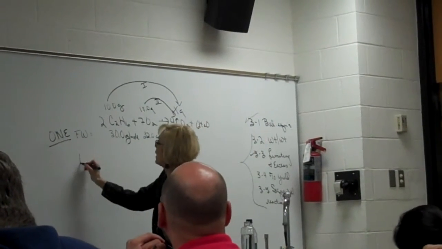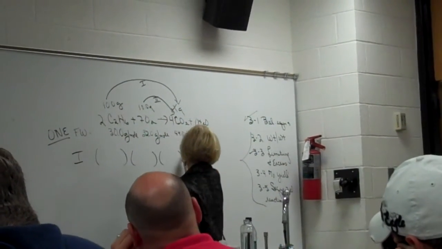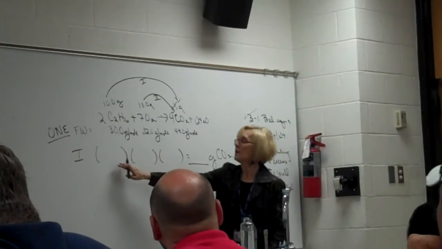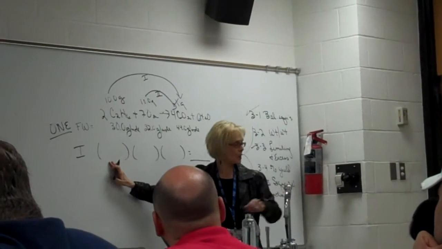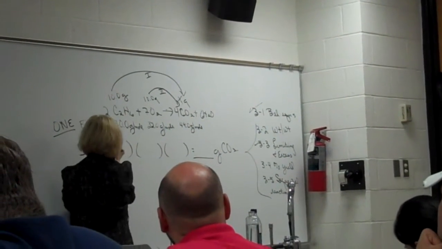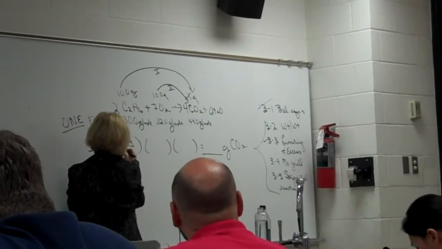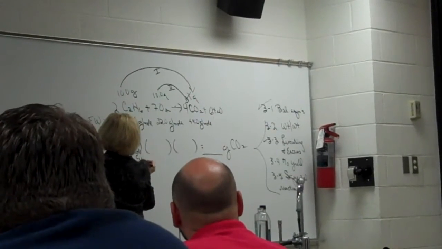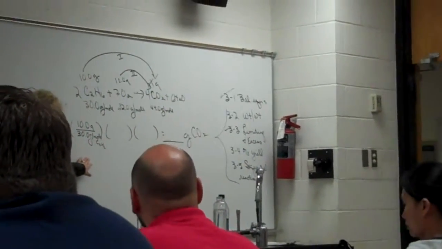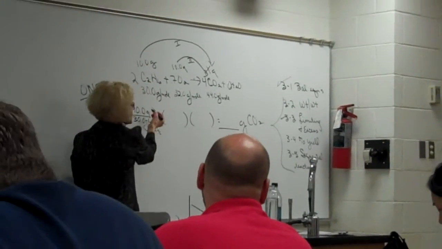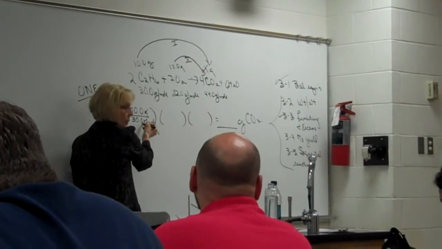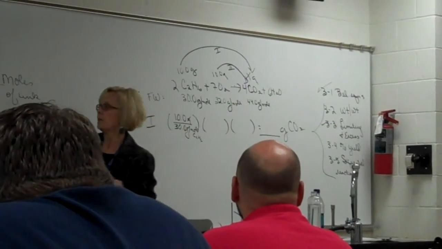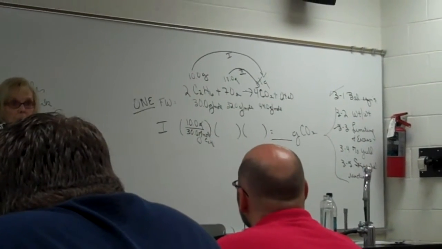Let's go with 1. And this is going to be grams of CO2. Okay, in my first set of parentheses here, Nicole, tell me what to write. 10.0 grams over 30.0 grams per mole. Good. And this is C2H6, which is ethane. Okay, now, you looked at the units, grams divided by grams, moles of ethane come up on top. Okay, that's just like we had right back here. We're given